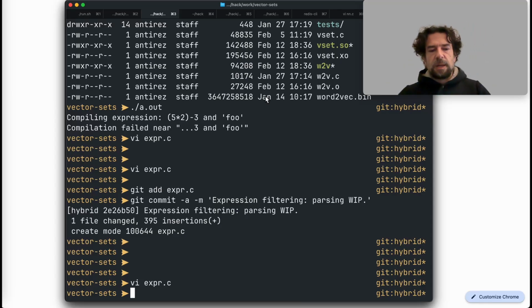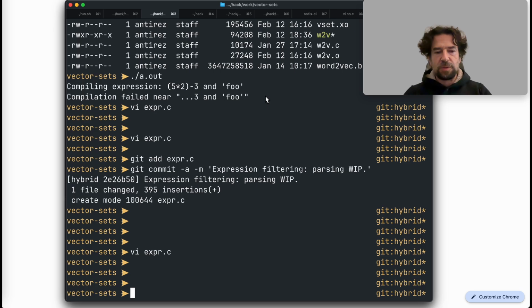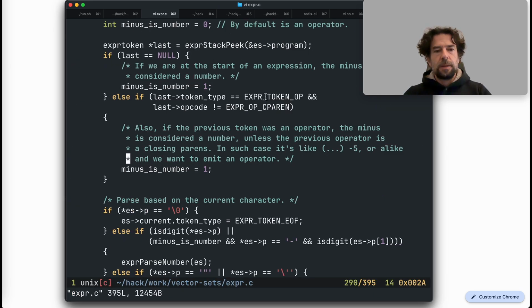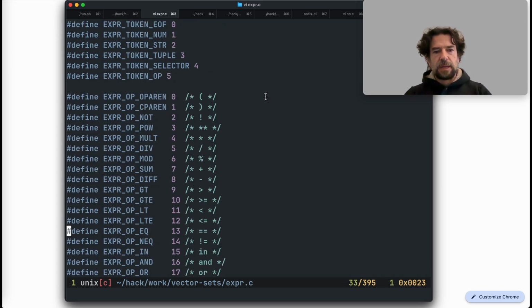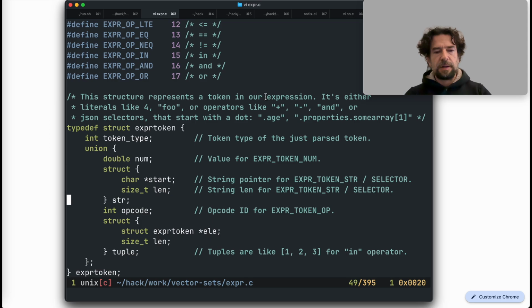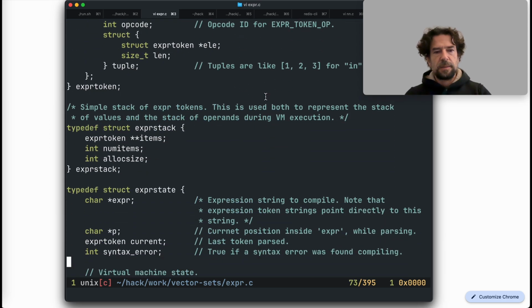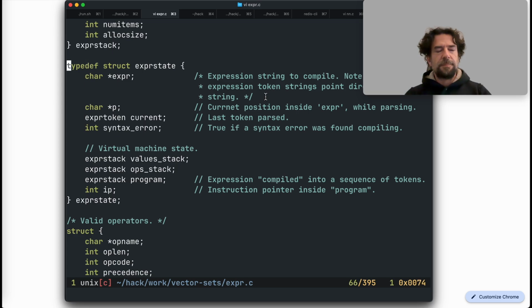So let's start this new video in a "nothing works" moment, in order to show some debugging, some crisis moment. I wrote my expression parser. I have the different kinds of operators, and I have the structure representing a token, and I have the state that contains the compiled program in a stack, and then the operator and value stack